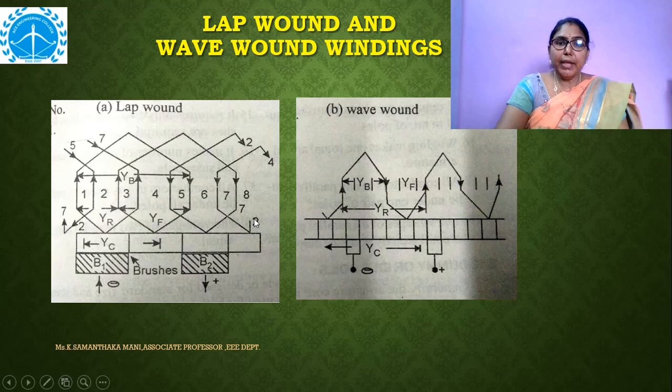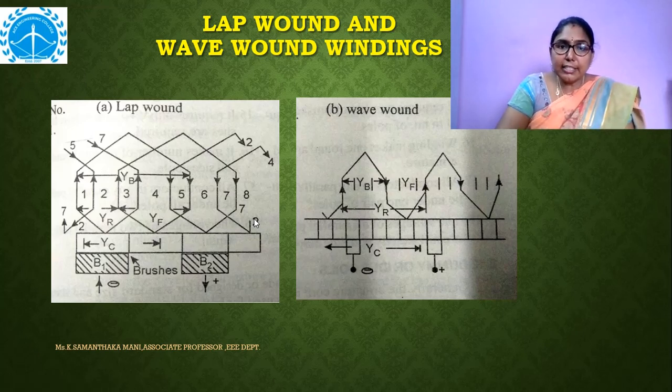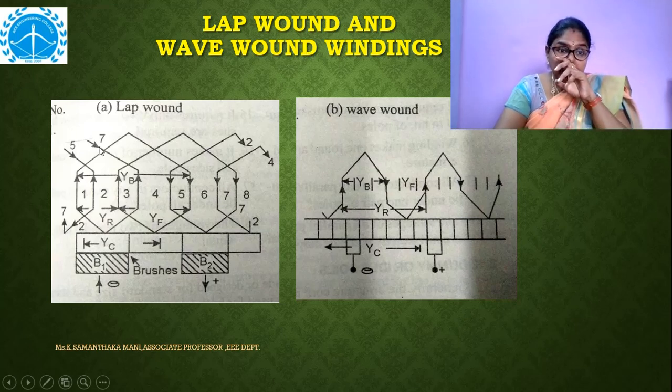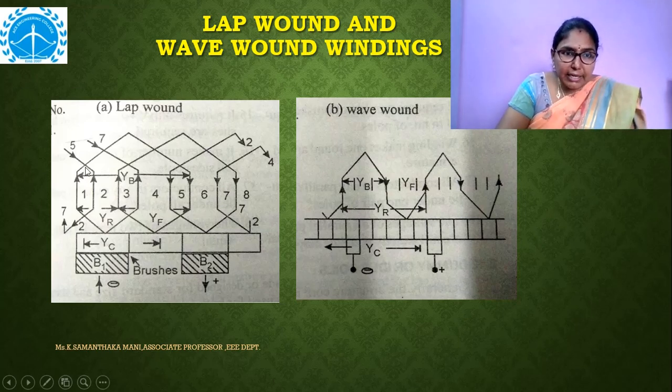Now, the way in which the winding is done differs in its shape. They are classified into two categories. One is lap wound, the second one is wave wound. First, we'll start with the lap wound. Here, suppose we start with conductor one, it will have a back end connection and be connected to another conductor, and again it will come back to this position, overlapping one over the other. You simply observe the cursor movement here.